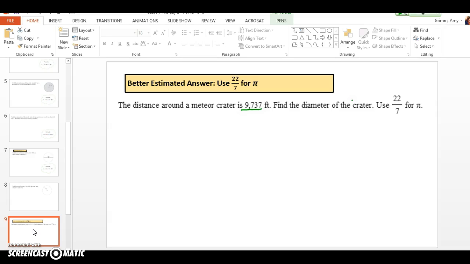Okay, so we are going to use this formula, right? Because they're talking about diameter and circumference. Okay, what numbers should I put in here? Where does that number go? So the circumference, right? Okay, so I'm going to put in that number for the circumference. So right here,